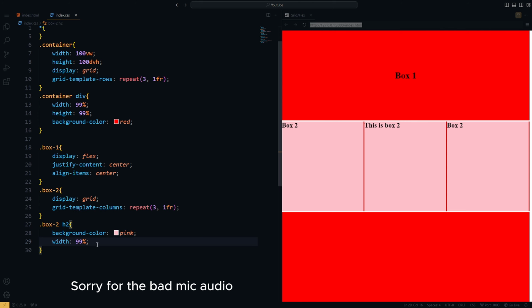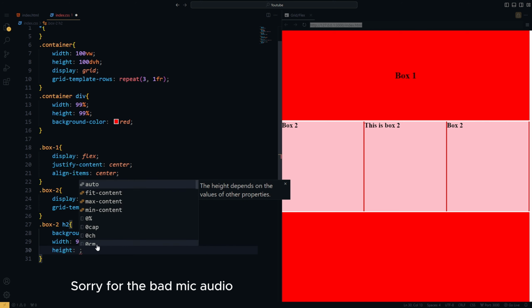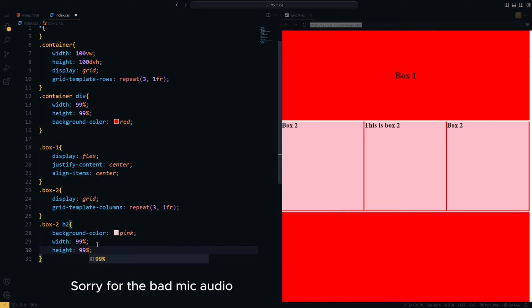And for example, this height is 99%, but you don't want the H2 elements to take up the whole space, because if it takes up all this space in this H2,